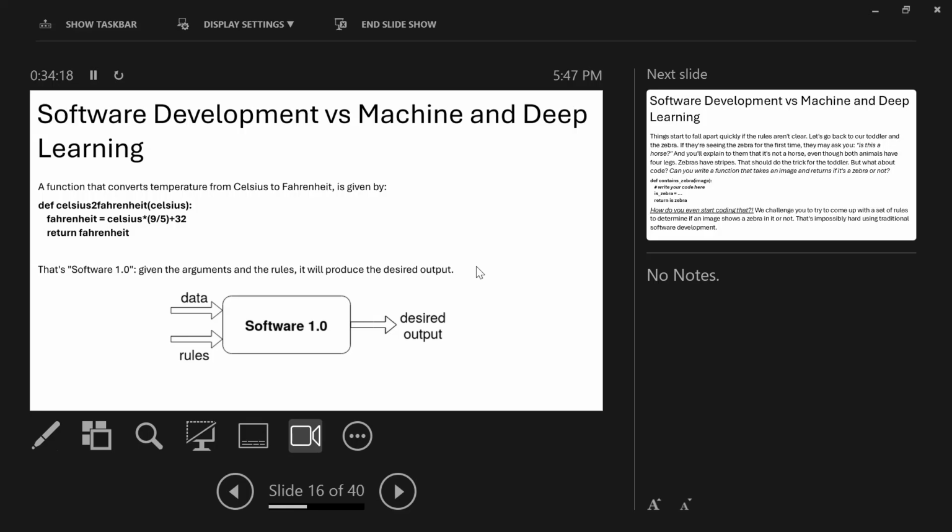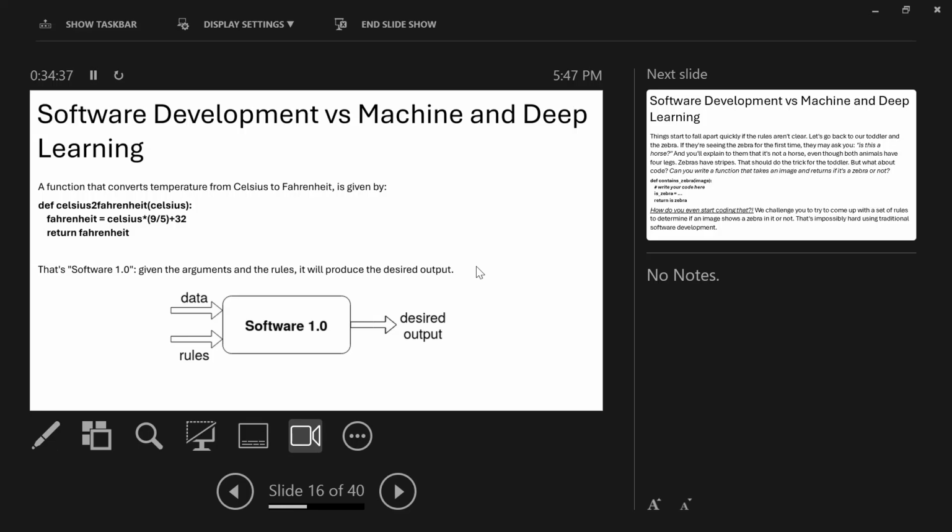You give data, then you have the rules. The rules in this case is the equation, and the data is the value you want to convert. Then you write the computer program, and the program will give you your output.